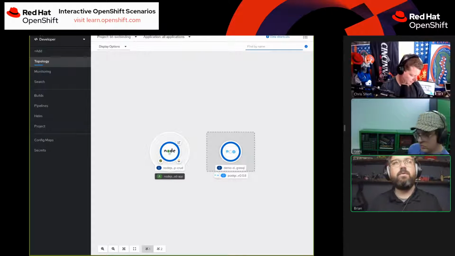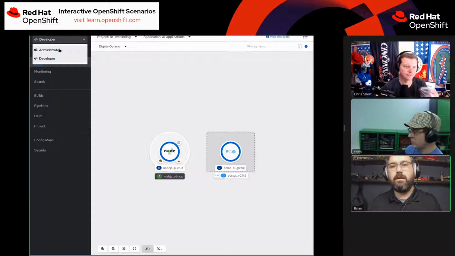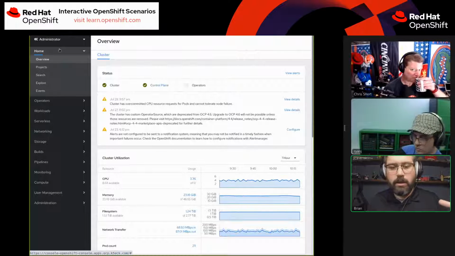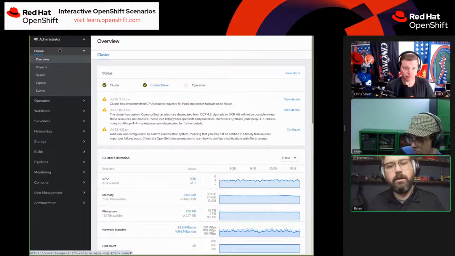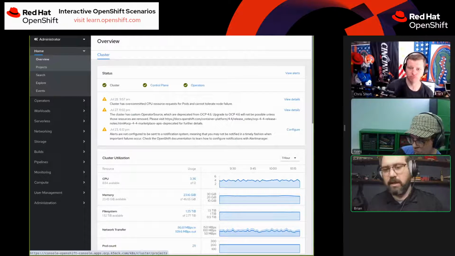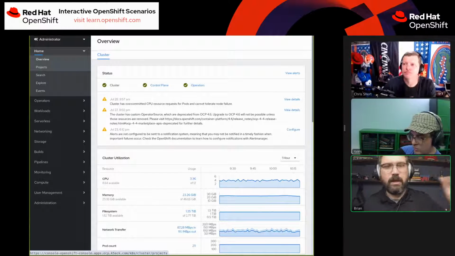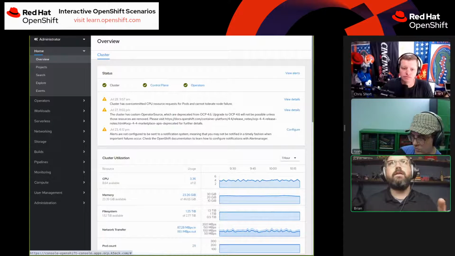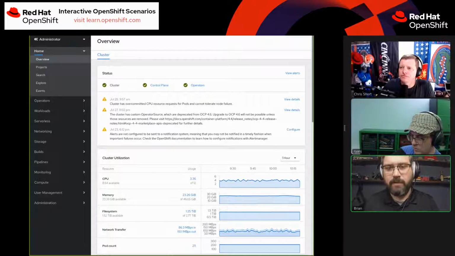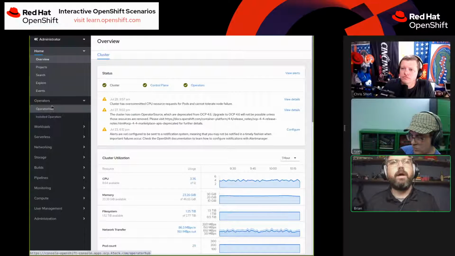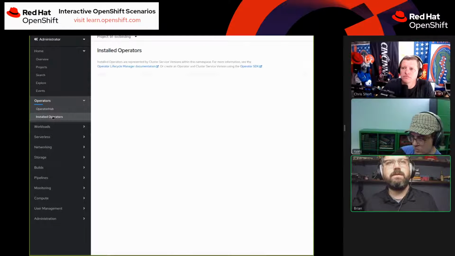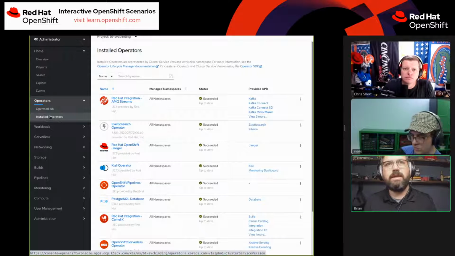And what I did was I installed an operator to deploy databases. There's details on how to do that in a link that I'll share out. That's part of the documentation for the service binding operator. But basically what it lets me do is if I go into the administrator view, I could see the installed operators that I have.